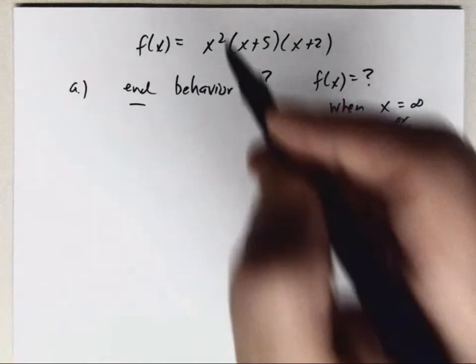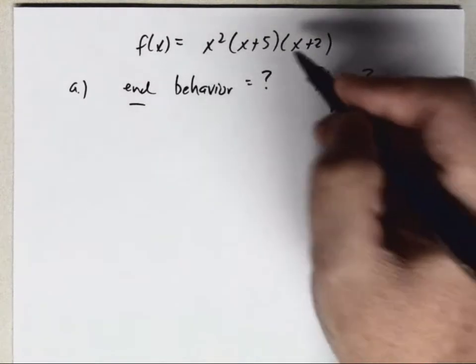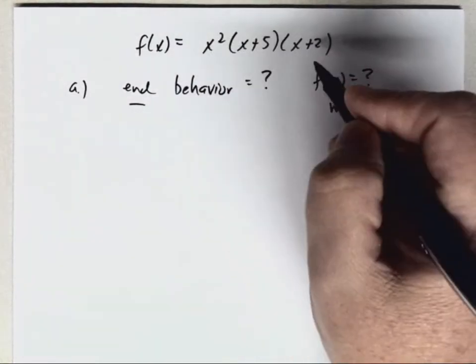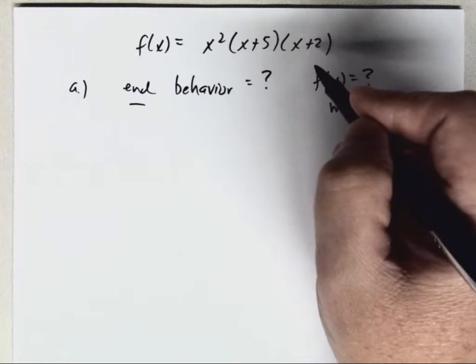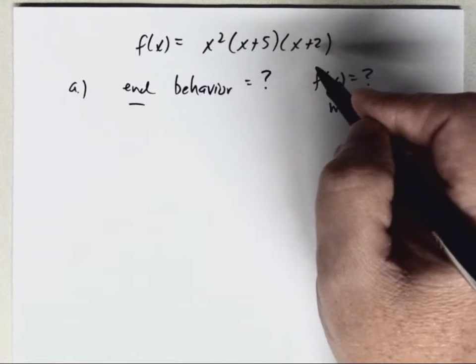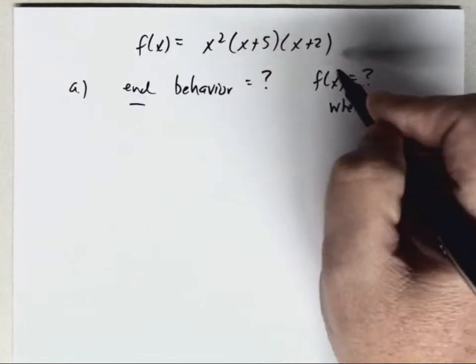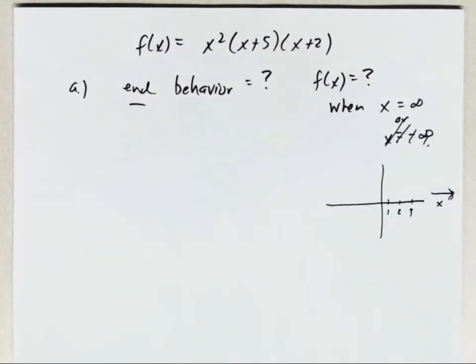And the bigger the number I put in, the bigger the function's going to be. Now sometimes, as we're going to see later on, there are some functions where when x gets really big, the function doesn't just get bigger. Sometimes the function approaches a number and just sort of gets stuck on a number like 0 or 1 or 5. That happens. But in this case, if I plug in a huge number for x, I get a huge answer for my function. So basically I say the end behavior